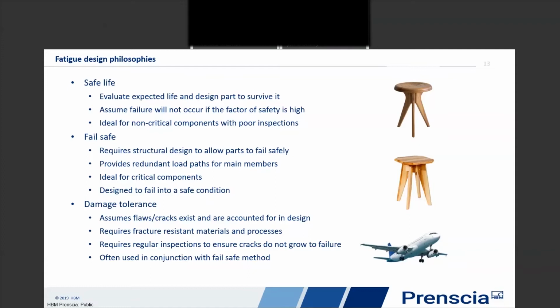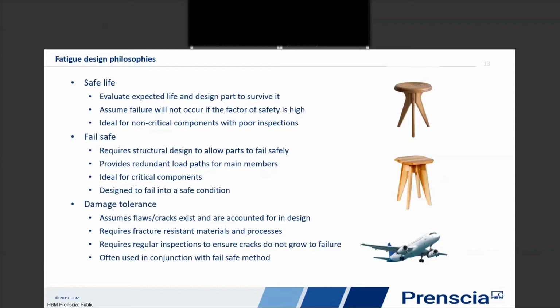Obviously, this isn't applicable on many components where it's very difficult to have two load paths, though you see it a lot in civil engineering structures today. This was done initially in aerospace, and it was deemed not to be sufficient for aerospace applications, and hence we have